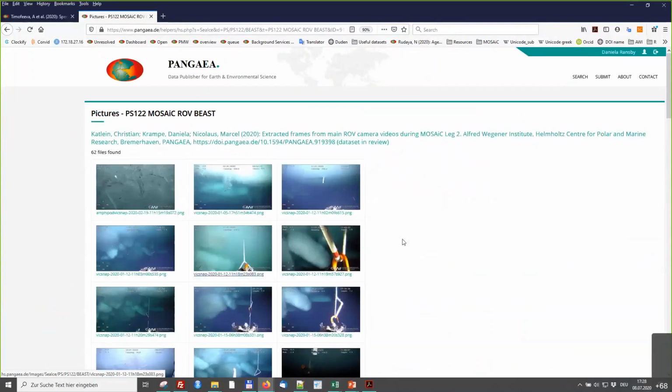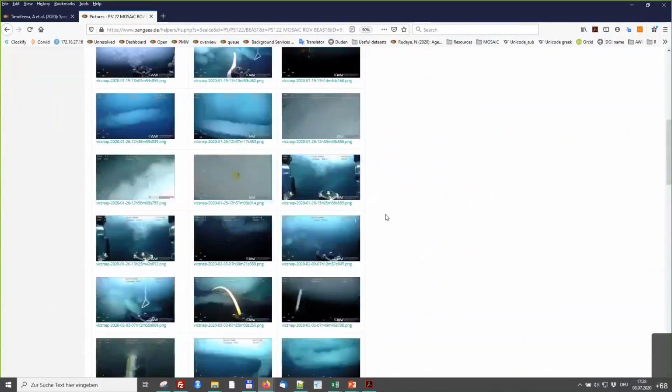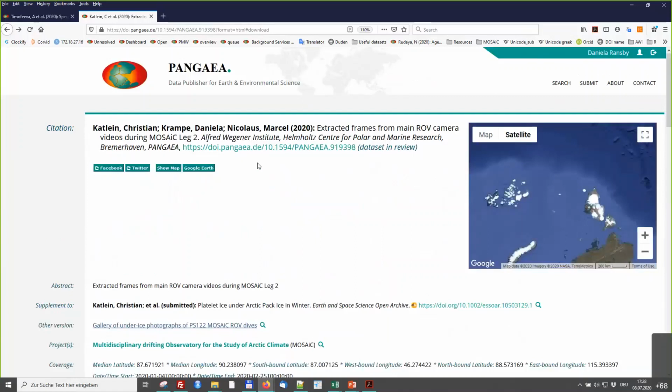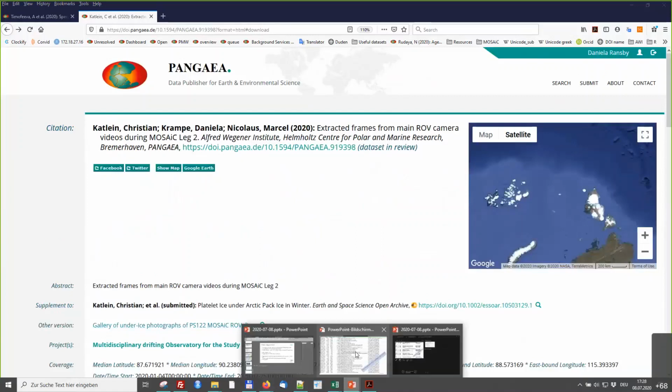So we can create such a gallery of pictures. We keep fingers crossed for the authors of this data set so that it's published soon. I'll go back to my slides.